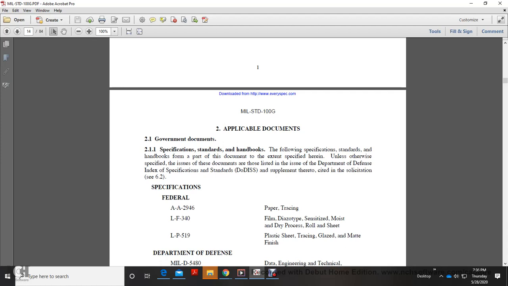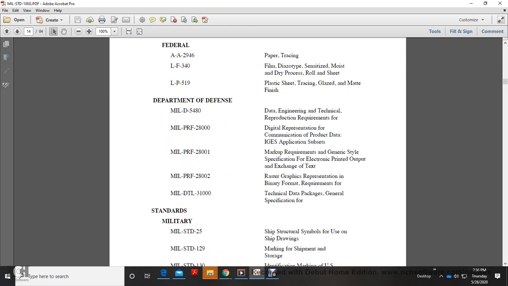Federal: AA-92294 paste for tracing; LF-340 film, dials, type sensitized, moisture dry process, roll and sheet; LP-519 plastic sheet, tracing, glazed material finish. Military, Department of Defense: MIL-D-5480 data, engineering and technical reproduction requirements; MIL-PRF-28000 digital representation of product data, IGES application subset; MIL-PRF-28001 markup requirements, general generic style specification, electronic printed output and exchange of text; MIL-PRF-28002 raster graphics representation in binary format, requirements for;